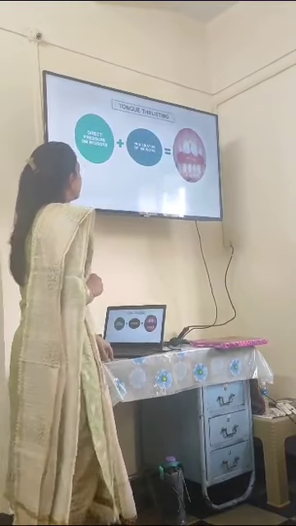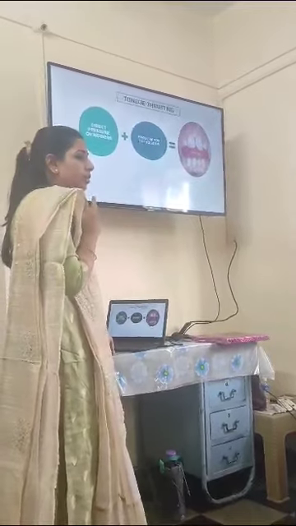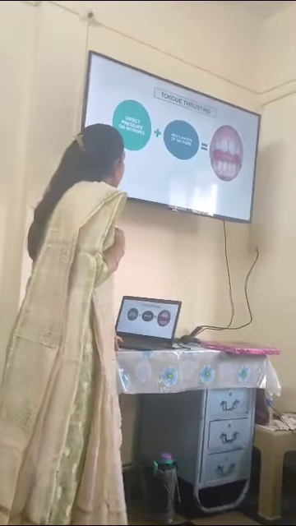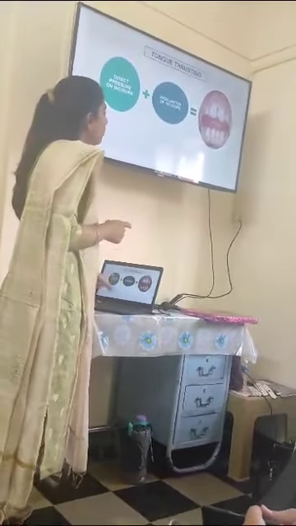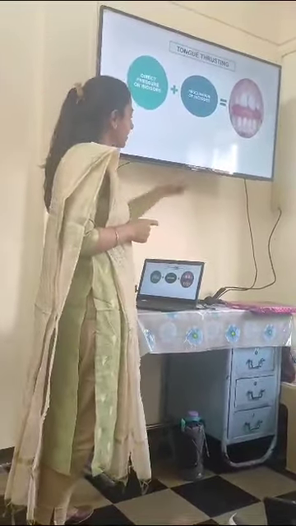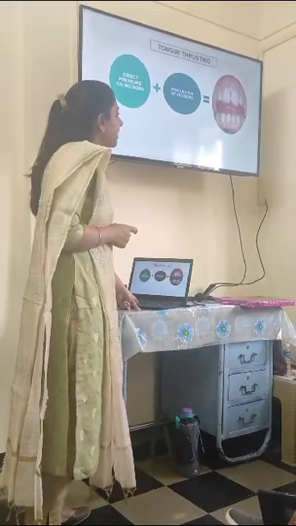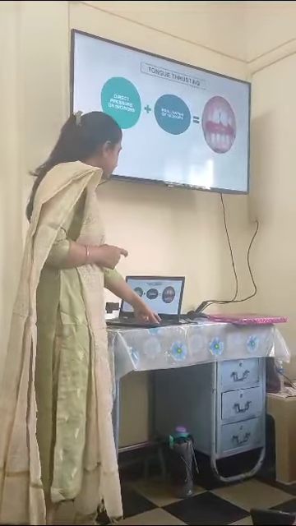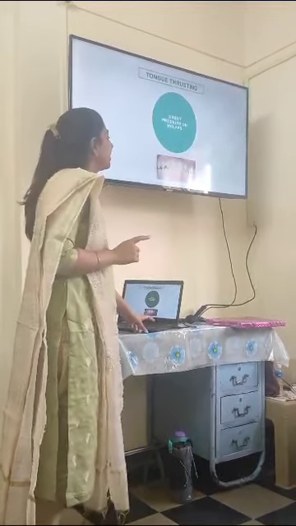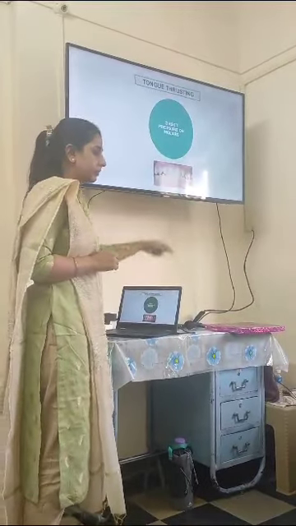Coming to tongue thrust. Tongue thrusting can be anterior as well as lateral or posterior tongue thrust. In case of anterior tongue thrust, there is direct pressure on the incisors, which causes proclination of the maxillary and mandibular incisors. Here in the picture you can see the anterior tongue thrust. The tongue is present between the incisors, which causes the open bite to occur. Similarly, there is also lateral tongue thrust, with direct pressure on the molars causing a lateral open bite.